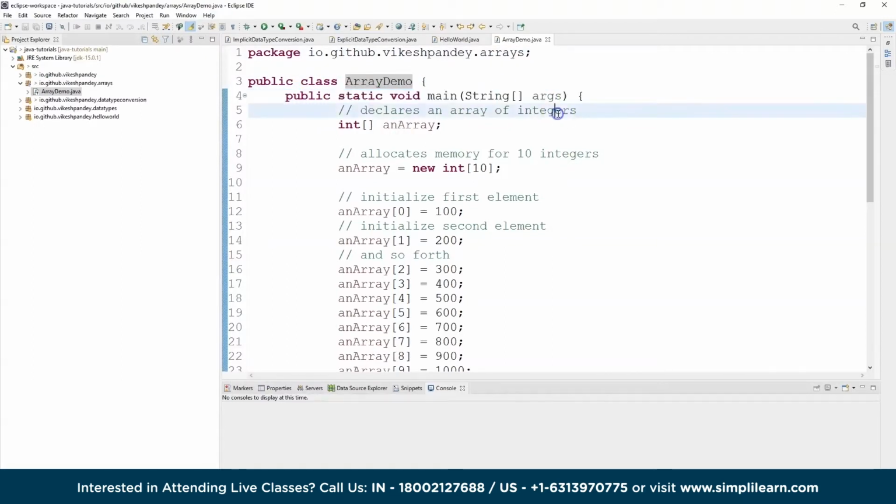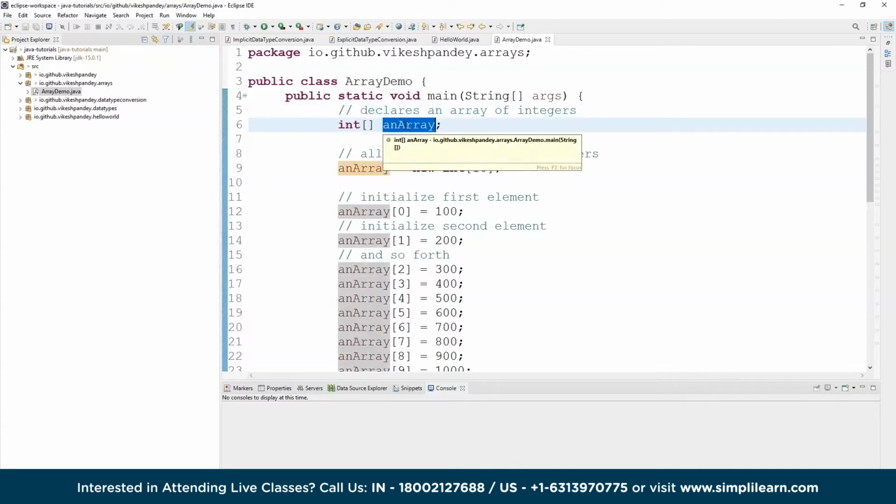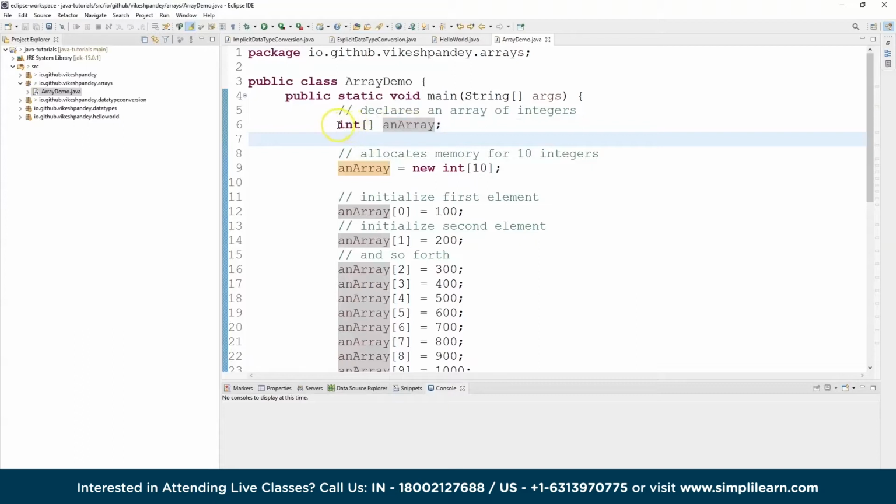So I'm not going to cover that again. We'll start directly from here. So here the first thing which I'm doing is I'm declaring an array of integer. This is a variable name, the identifier basically. It can be anything. And this is the data type. It's an integer